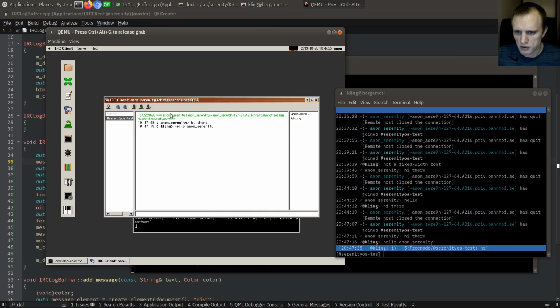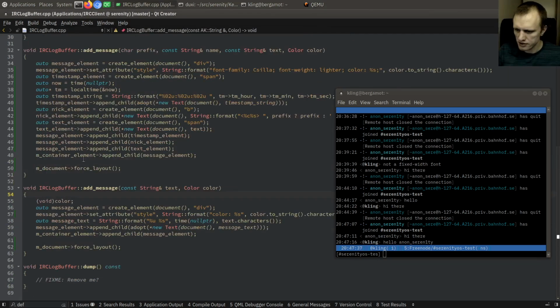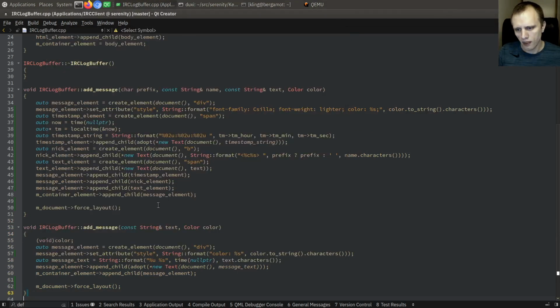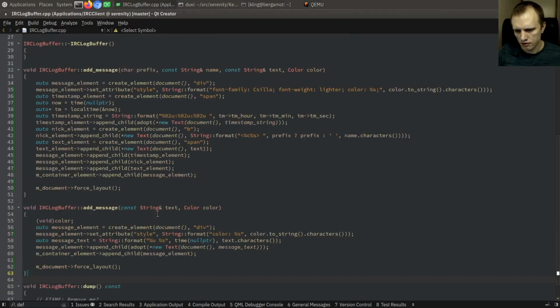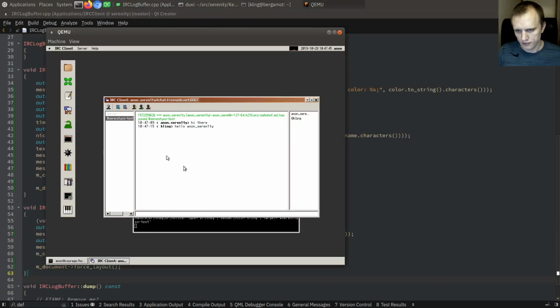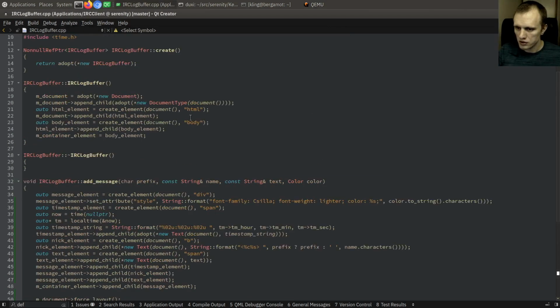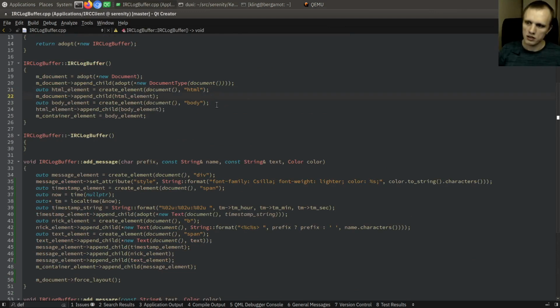I guess we should make these be the fixed width font too. It's just that this is the other add message. Maybe we should do something for that. We can actually,